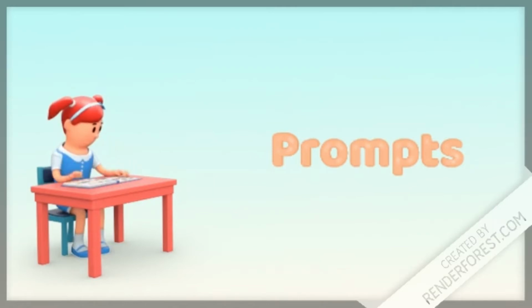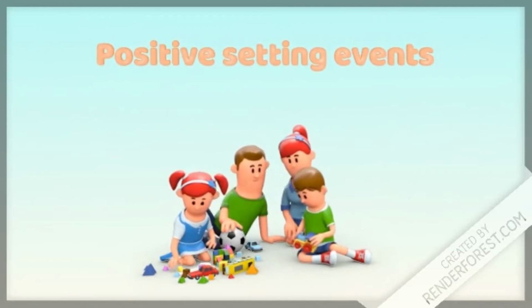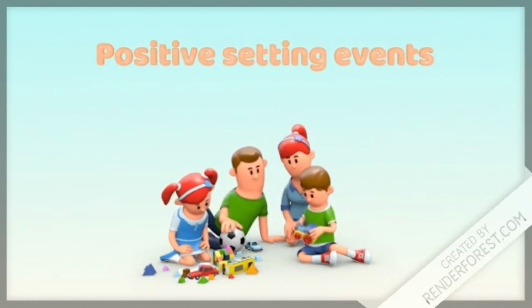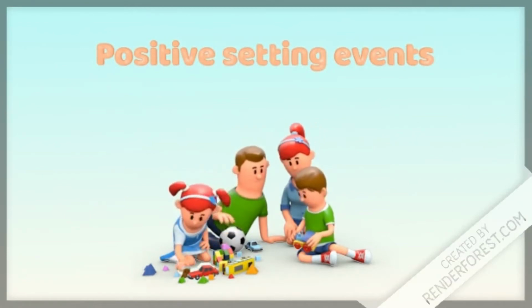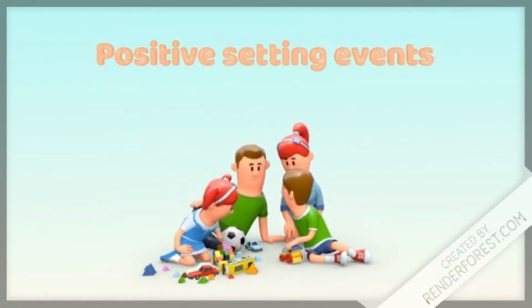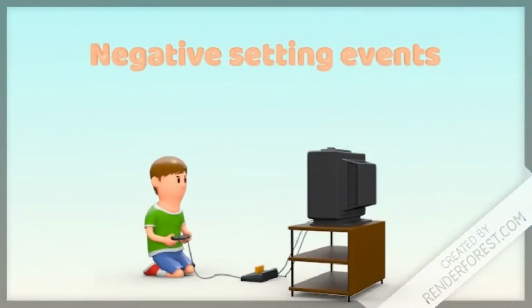Positive setting events are the second type of antecedents and are an indirect antecedent that guide or increase the possibility of the desired behavior. As the name suggests, they set the stage for the behavior you are aiming for. Negative setting events, again as the name suggests, these indirect antecedents lead to an increase in the behavior that you are trying to reduce or eliminate. An example of this type of antecedent is adding pressure or stress to a command like, "You better take the bins out or else." This kind of tone and sentence is probably not going to get your child to take the bins out.